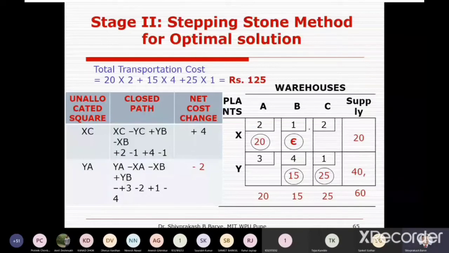So here, if I am adding epsilon, by using this epsilon you see it can become a closed loop like this. It can become a closed loop for cell YC. Now check for YA. For YA also it is making a closed loop here by using this epsilon. And to make the closed loop, it requires at least 4 cells or 6 cells or 8 cells like that.